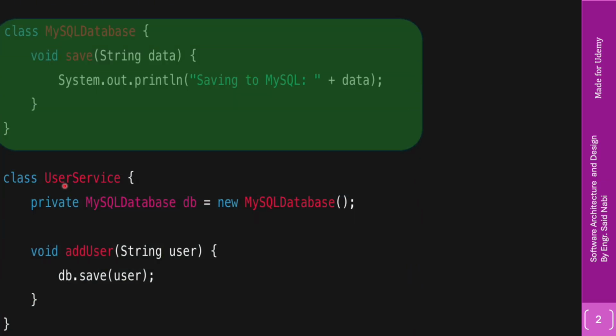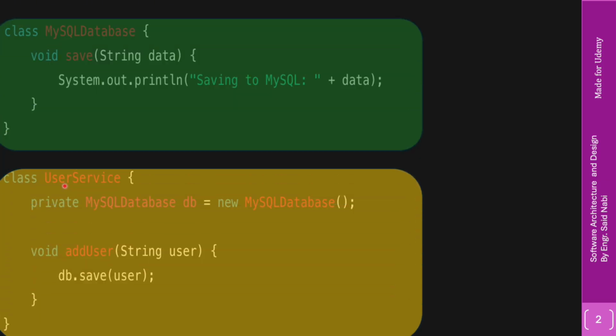Here you can see the low level module and the high level module, and the high level module is strongly dependent on the low level module. This is something which is wrong, and we need to avoid this type of classing and classes. We don't have to write code in such a way. In fact, we have to make abstraction, and this high level module should depend on that abstraction, not directly on this low level module. So now let's take an example of how we can solve this problem.